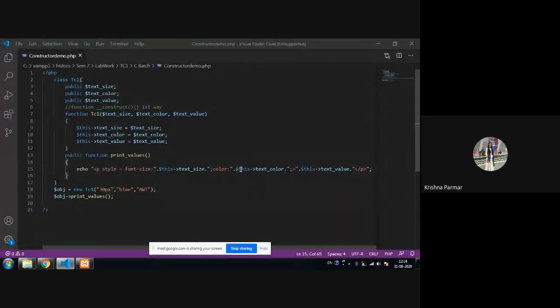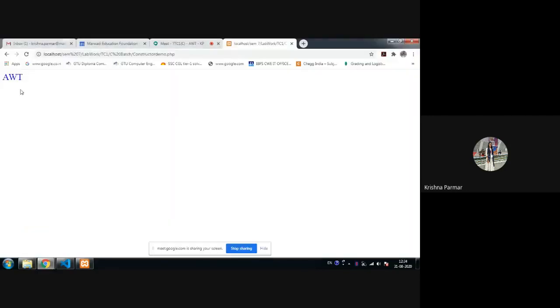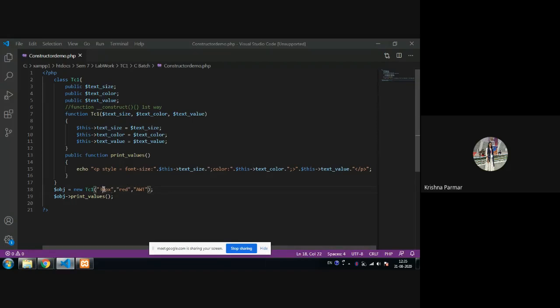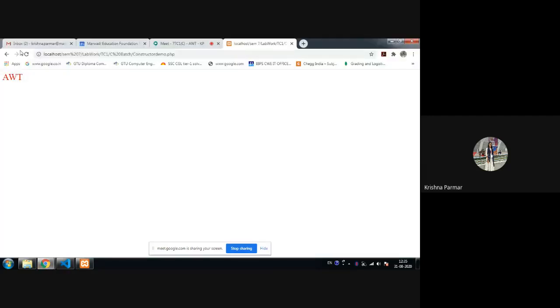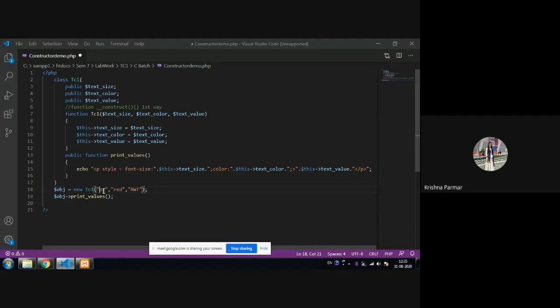So make sure whenever you write it down, after the inverted comma, this is one string, this is another string. So as you change it here, like a red color or any other color, it will change according to that. As you can see here, as you go for the size of it, it will display and change the size also. So this way you have to go for it. First write the code and run it, and if you have any issue you can tell me. Is it understood by you both, constructor and calling the things?